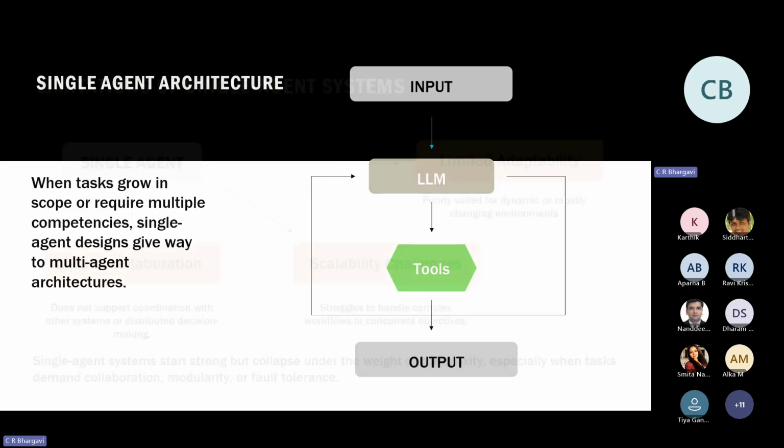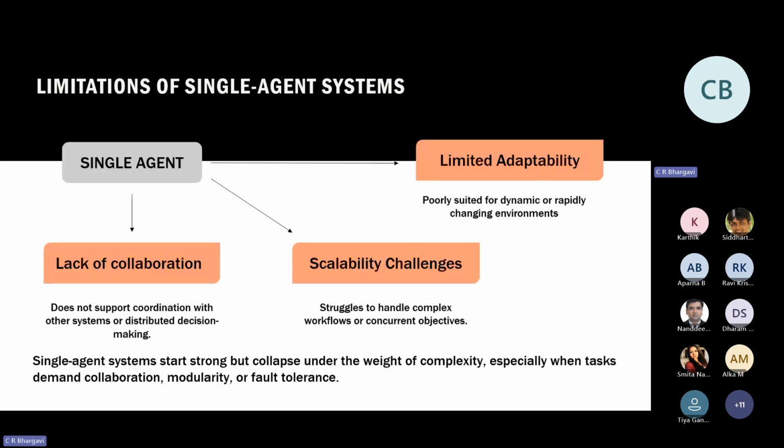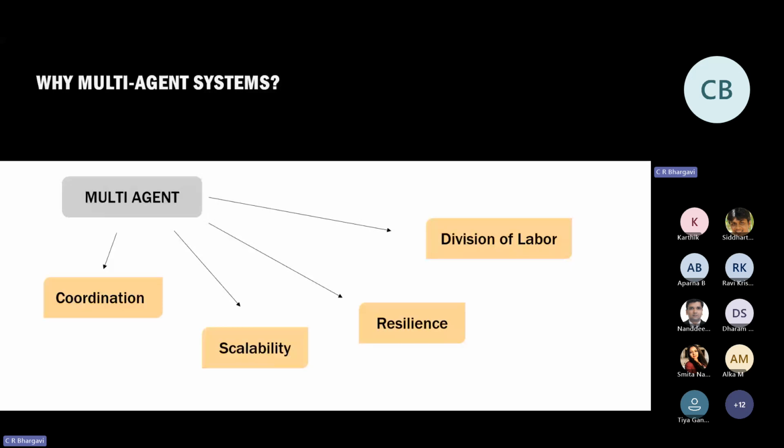That's the major disadvantage of the single agent. The collaboration will not be that easy when it comes to different tools, and we have the adaptability problem as well. So it becomes really difficult when the single agent has to handle everything right from the start to the end. And so we have the multi-agent system being added, which has coordination,